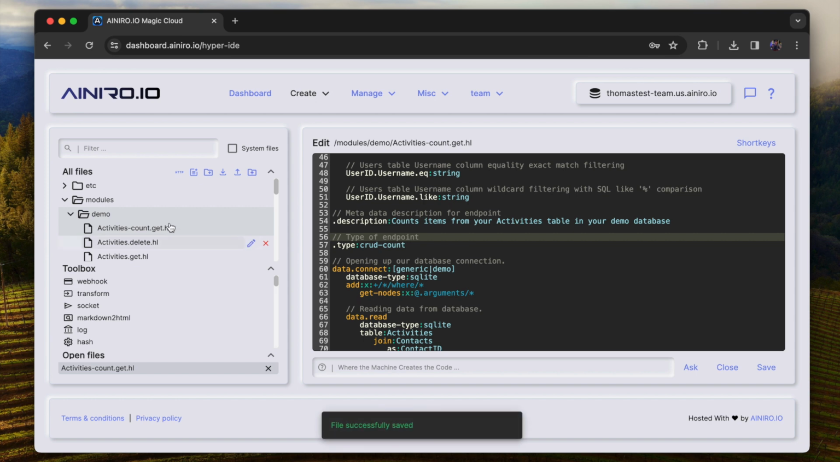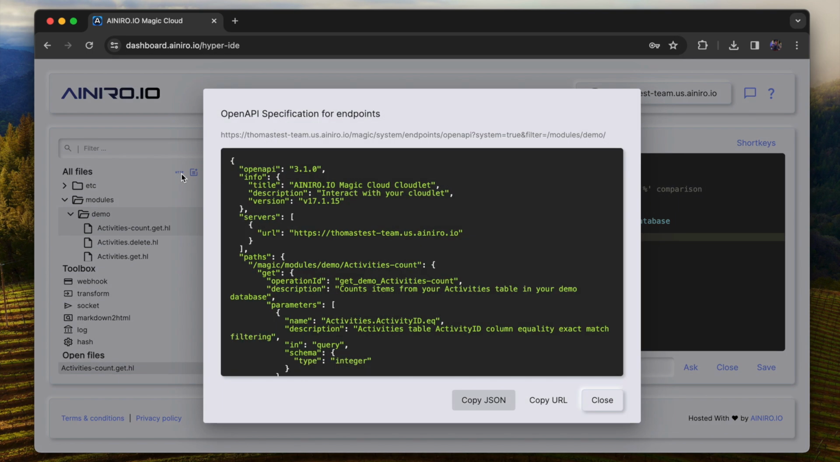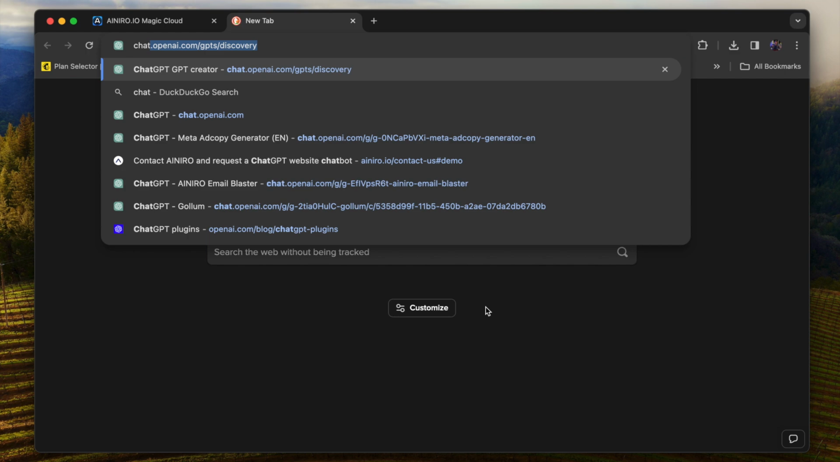So what I'm going to be doing now to demonstrate that the API actually works, I'm going to select the demo modules folder inside of my modules folder here, and I'm going to click the HTTP icon. And this automatically generates an OpenAPI specification for me that I can immediately consume inside of my own custom GPT. I can copy the JSON. For instance, now I can go to ChatGPT,